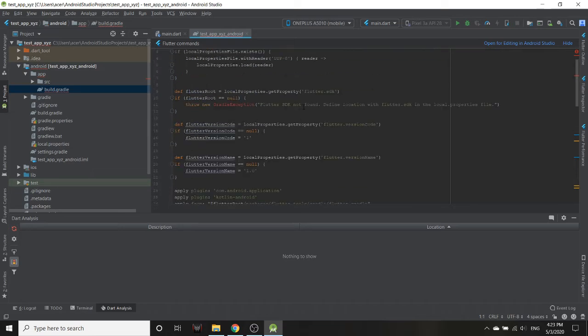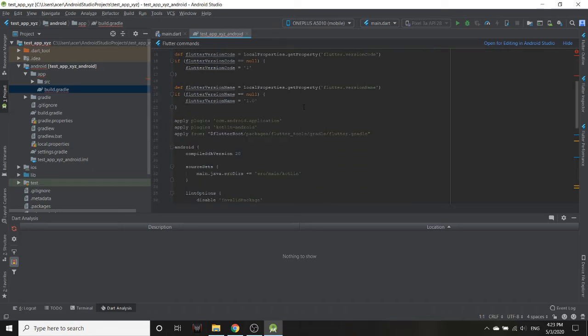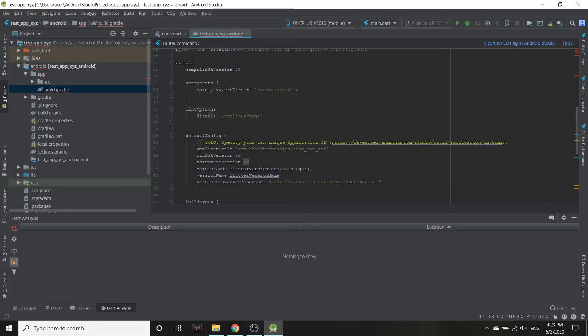In build.gradle, you have your application ID under default config. You can find it in a couple of other places as well. I just take it from here.